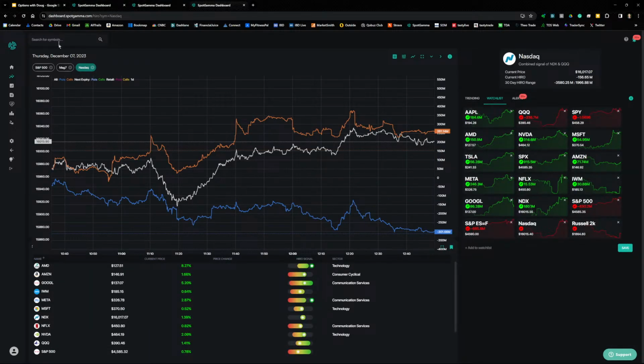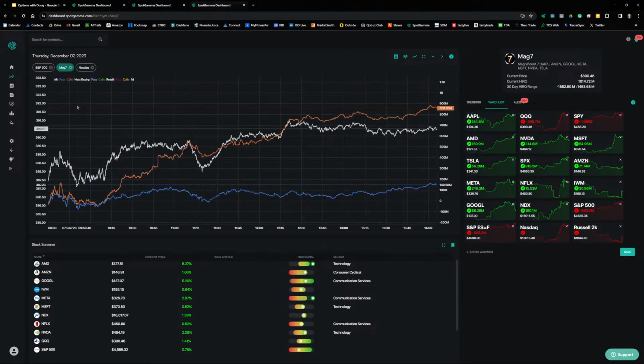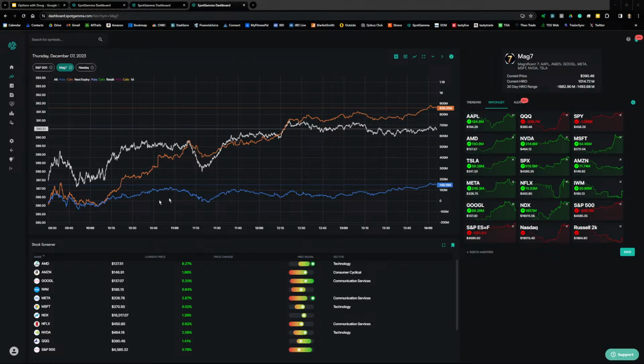But really the key for the day was this Magnificent Seven signal, where traders are buying calls and selling puts, and this sharp jump higher in the call line just after 10 a.m. So traders taking advantage of the dip in prices again in the Magnificent Seven to take long positions. They continue to buy calls and sell puts. All right, let's go back to